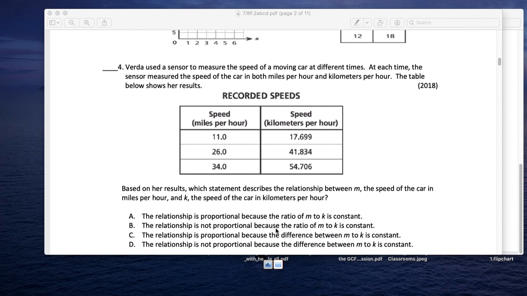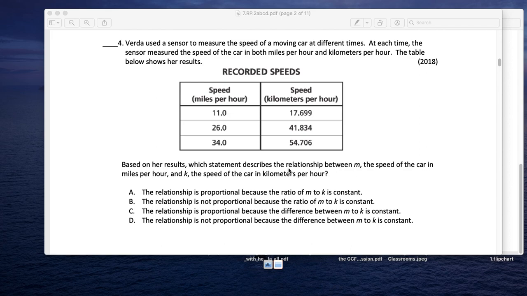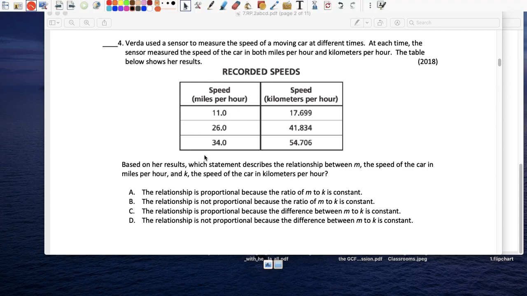Number 4, this was for 2018. They are asking you if this is proportional again. Which statement describes the relationship between the distance of the car in miles and kilometers? So again, if you look at X and Y, you find out the multiplier here, right? How do I get from X to Y? How do I get from 26 to 41 and 11 to 17? If it's the same, it's proportional. So let's find out what it is. Let's do y over x. And y over x is 17.699 divided by 11, and that gives us